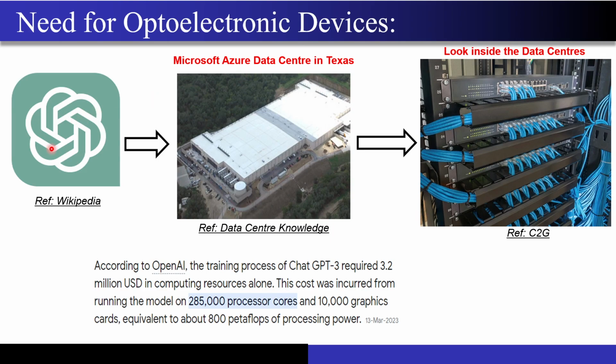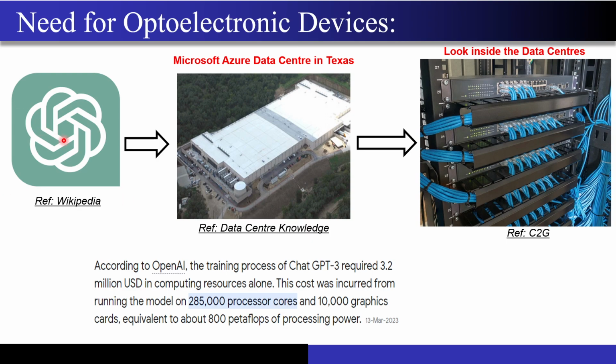So now where is this ChatGPT hosted? It requires a lot of hardware, right? You just cannot store it in a memory card or something like that. Just to give you an example, it used around 285,000 processor cores and 10,000 graphic cards, correct? So now you need a very big data center, a very big area, so that you can connect all these processors as well as the GPUs in a parallel manner, and you can get the necessary computing that is required, correct?